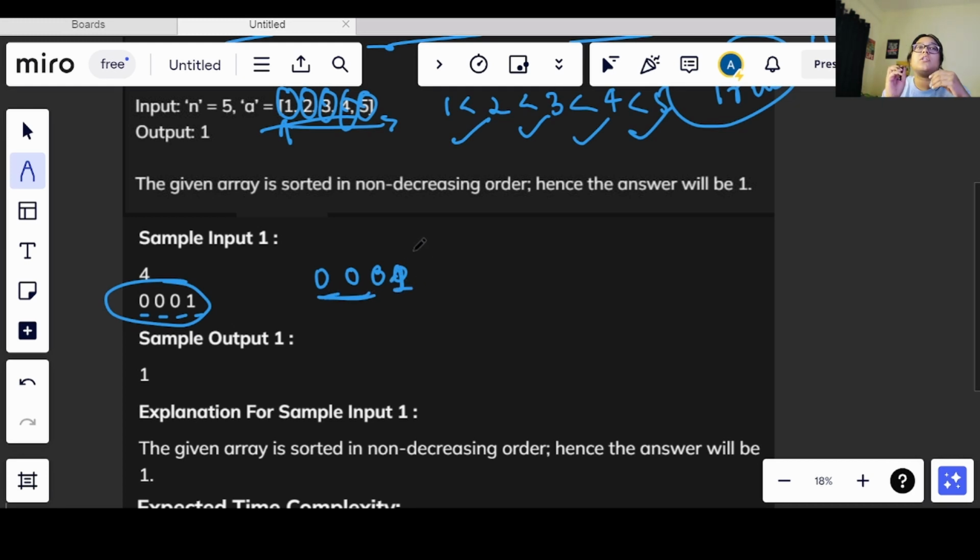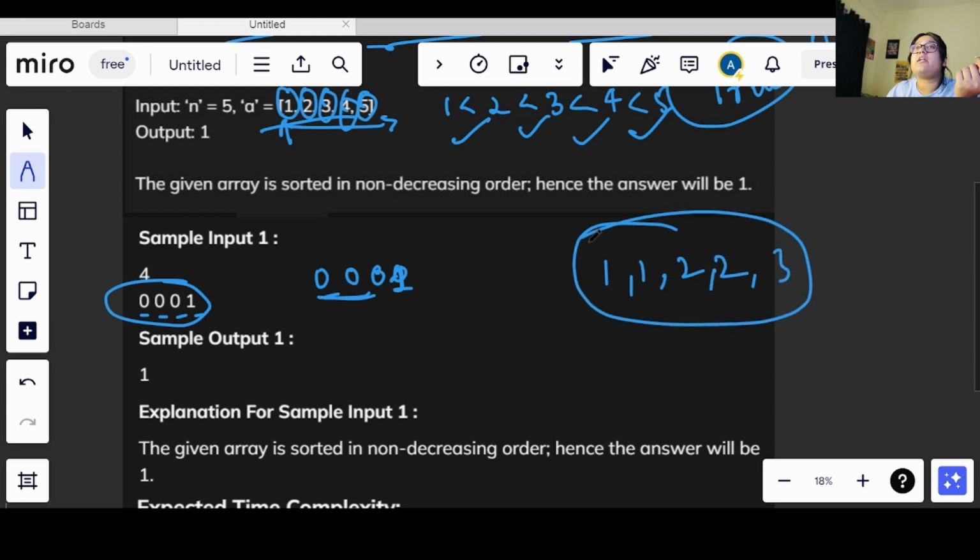So there is a condition where we are checking equal also. Let's say we have an array 1 1 2 2 3. This will be considered a sorted array. So we will be considering equal also if the values are given in this order.